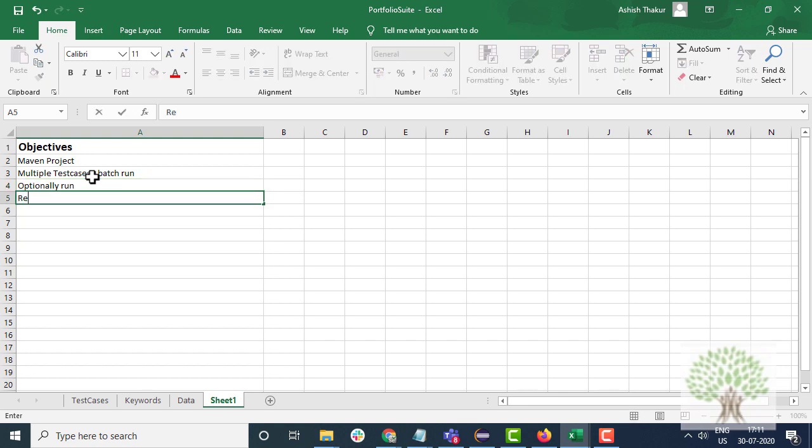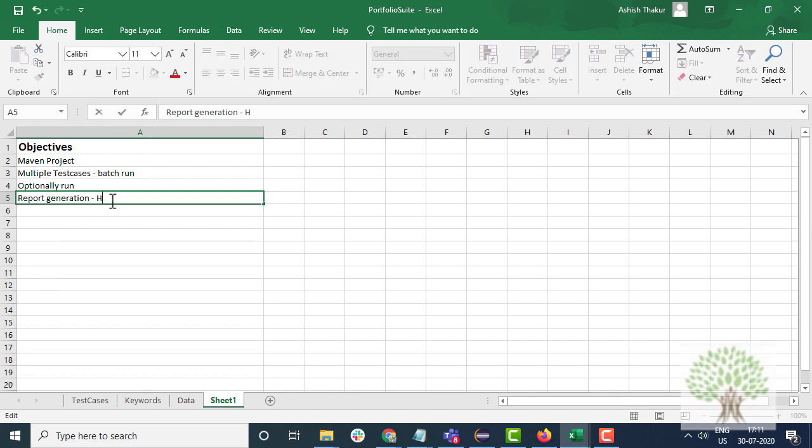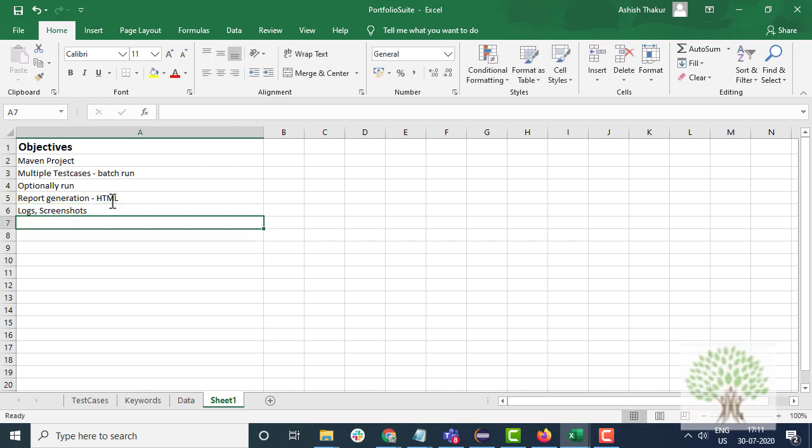Apart from that, you should be having a proper report generation, right? What do you mean by reports? By reports, I mean we should be having proper HTML reports. HTML reports should have logs and should have screenshots in them.